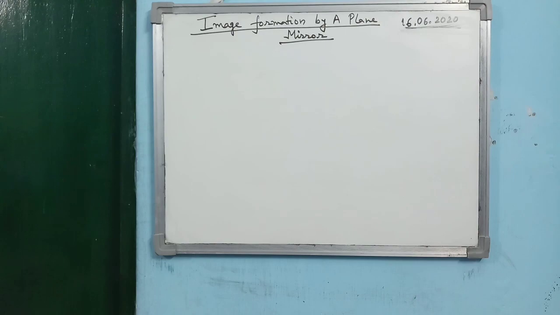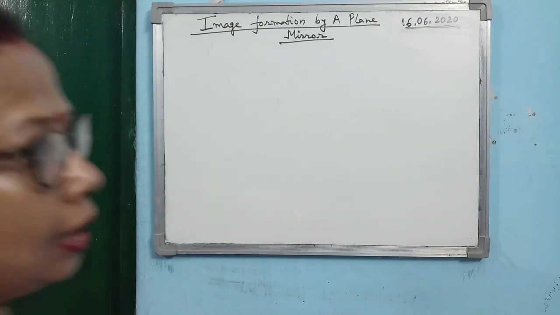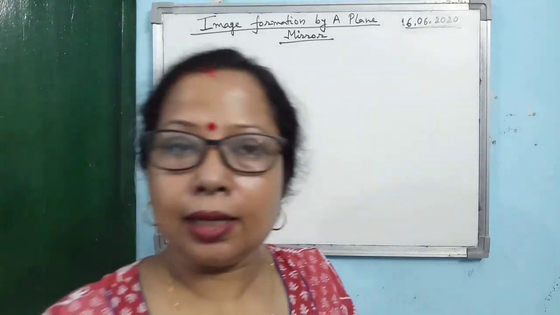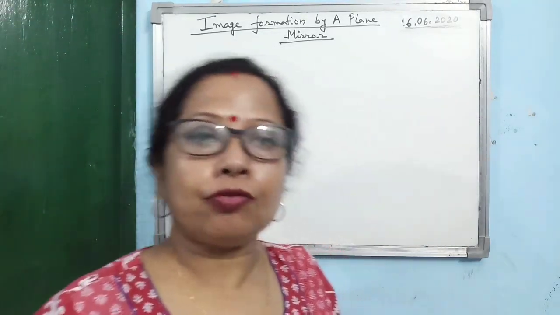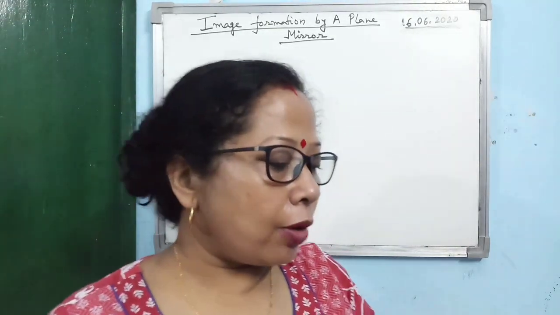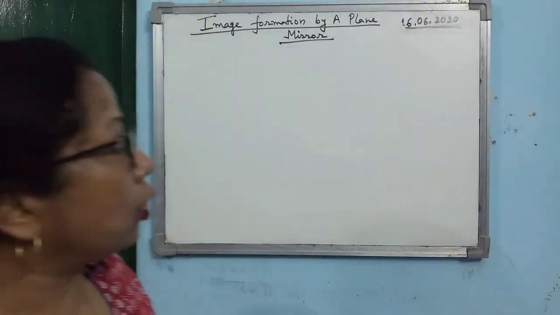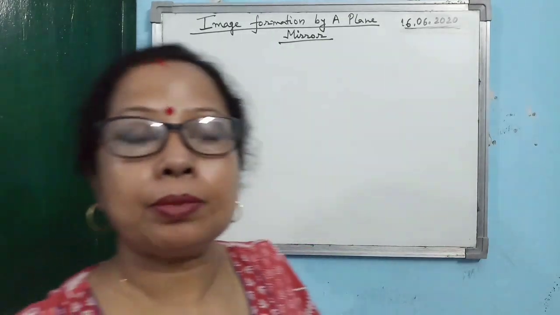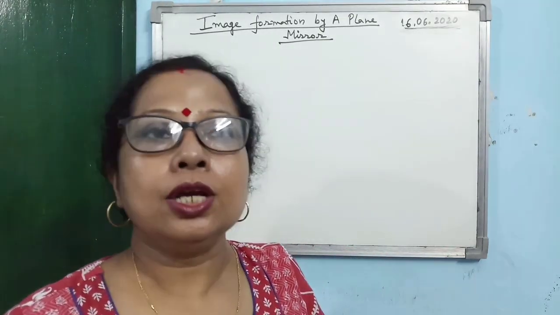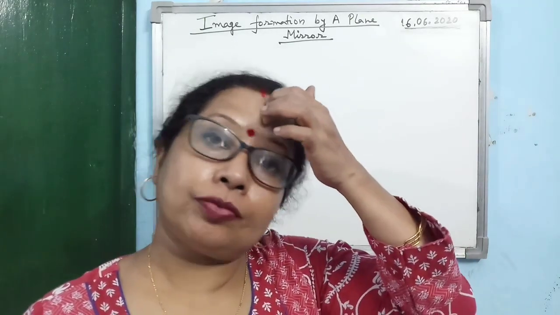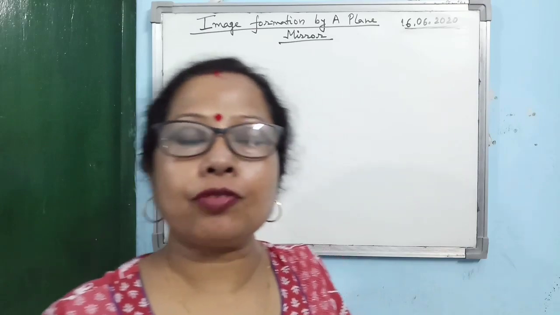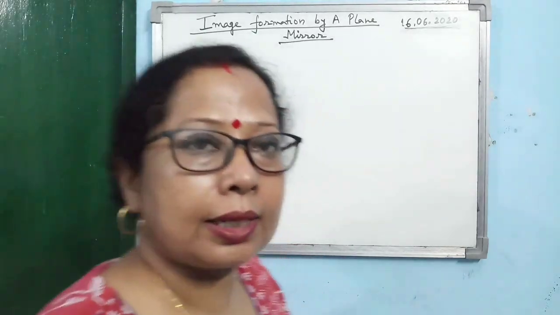Now, image formation by a plane mirror. So now I will teach you how to draw the diagram. Strictly follow the instructions. Here I am drawing the diagram on a plain board. There is no ruled line, but when you draw the diagram and answer in the exam, you will use ruled lines. So take the advantage of the ruled lines, and again I am repeating, strictly follow the instructions on how to draw the diagram.